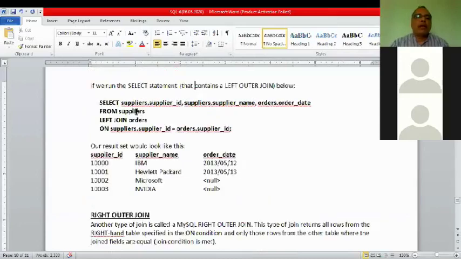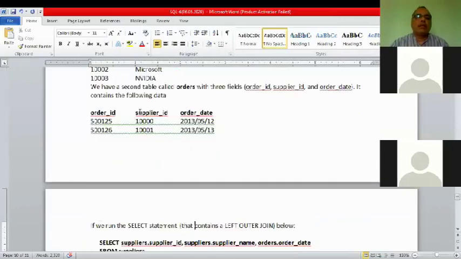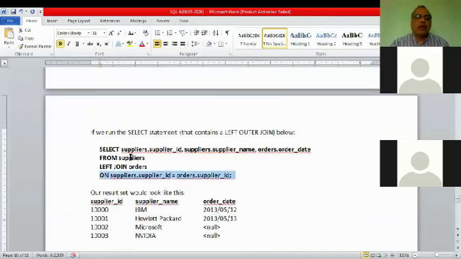From supplier, that is the first table. So this tells that the left table is the supplier table. Left join orders. So the other table orders is getting joined with suppliers.